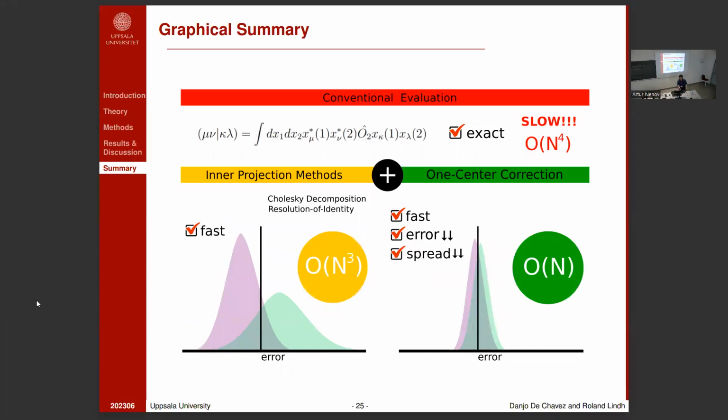So for the summary, this is just our work with Roland. Conventional is quite costly. We normally opt for inner projection techniques, but they produce an error or a distribution of error which you don't want when we compare orbital energies or absolute energies. So with the very cheap correction, which scales linearly with the system size, we could arrive at a homogeneous, lower error, and